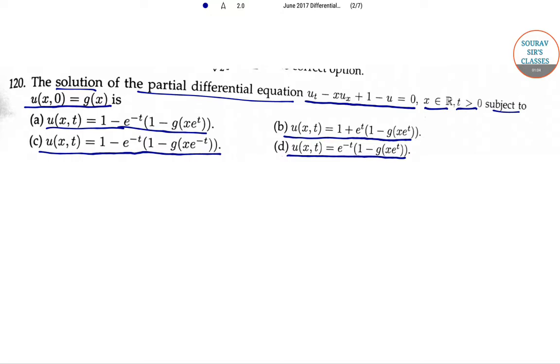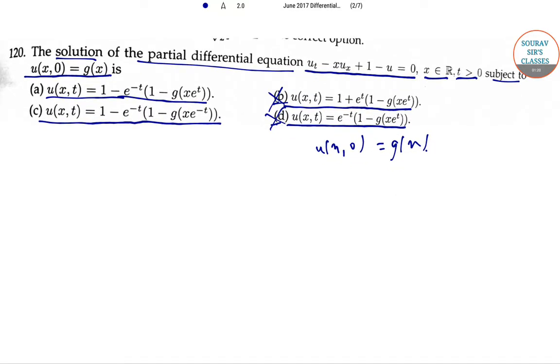Now, since options B and D do not satisfy the initial condition that u(x,0) is equal to g(x), these options are incorrect. Now taking option A, we have